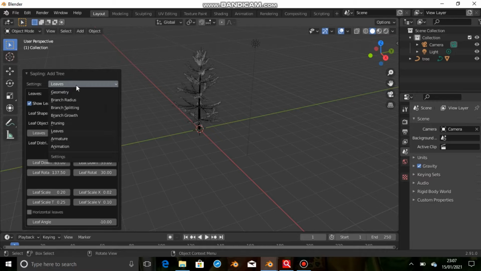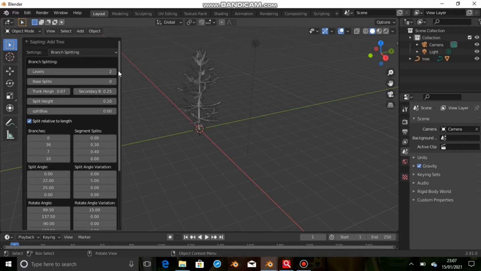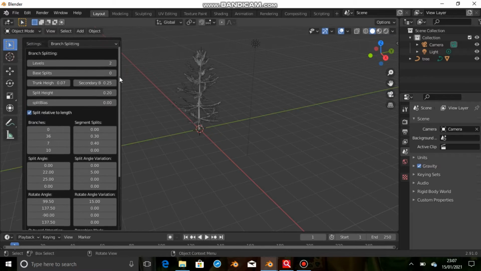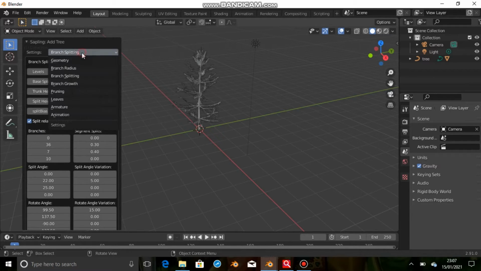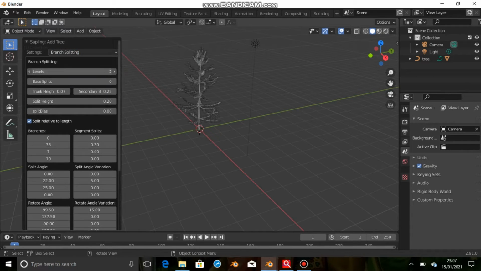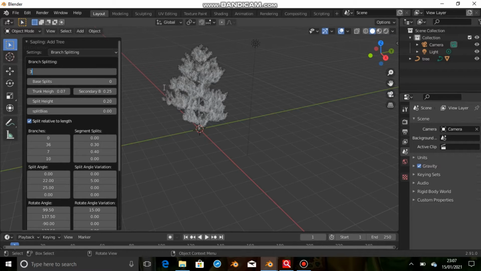So after that, again going to branch splitting. You can just increase the branch splitting level by 3 or 4, or 3 will be better.